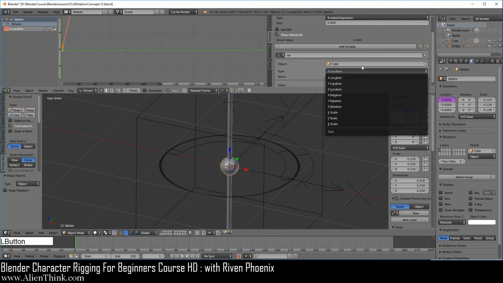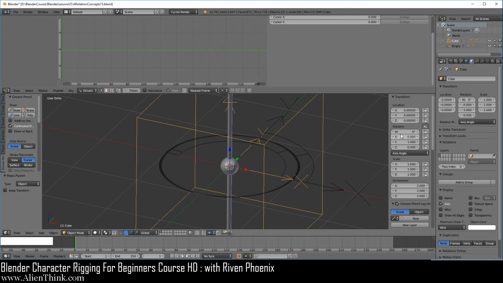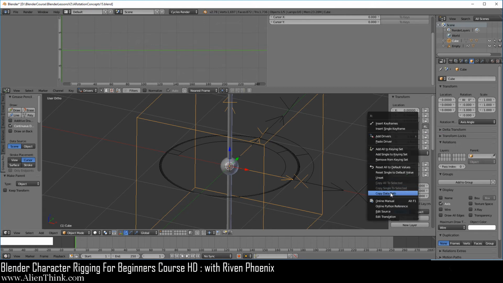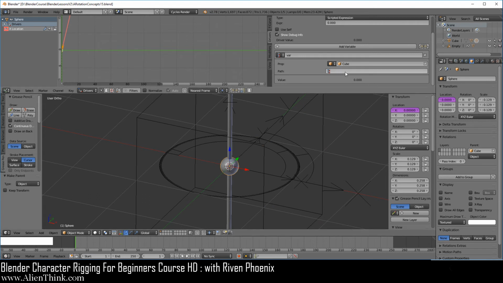You will notice that we don't have access to axis angle. This is where we have to choose a single property. Now when you click on this cube, we have to right click over here on the X and do copy data path. Now we have to go back to this ball, do Control V, click over here and type in .x, enter. Now take this variable over here and just type in VAR and enter.